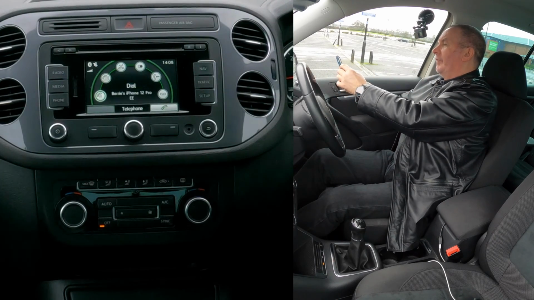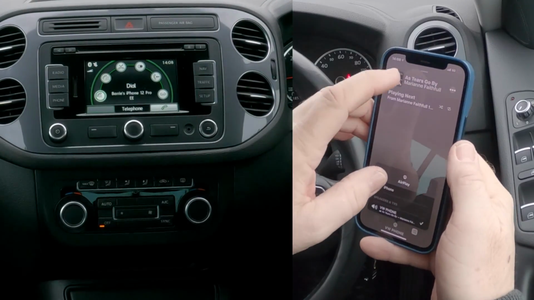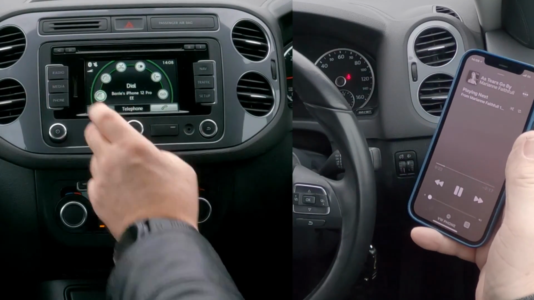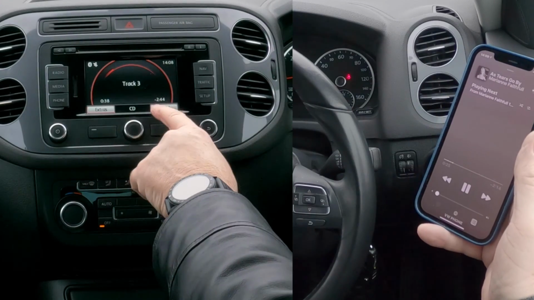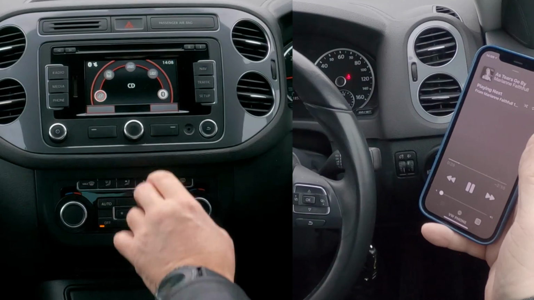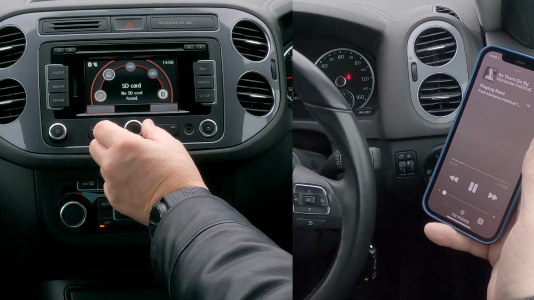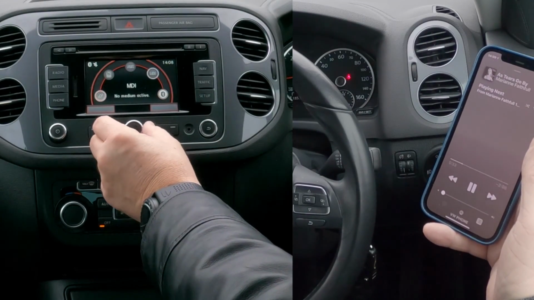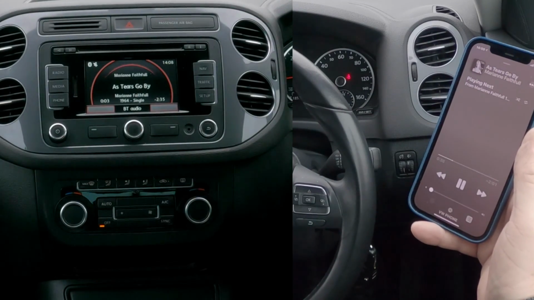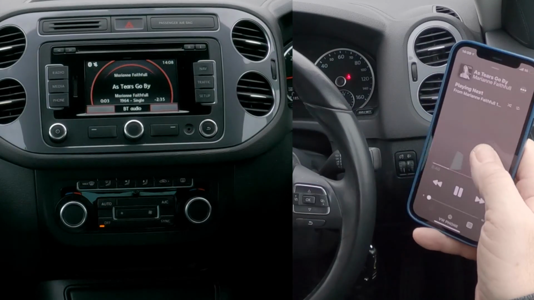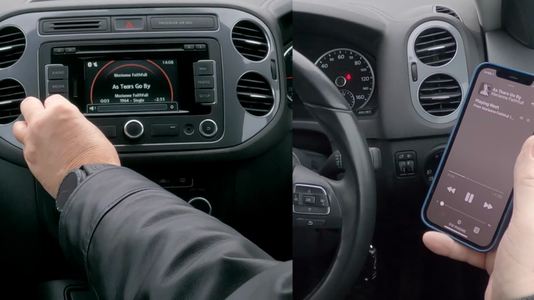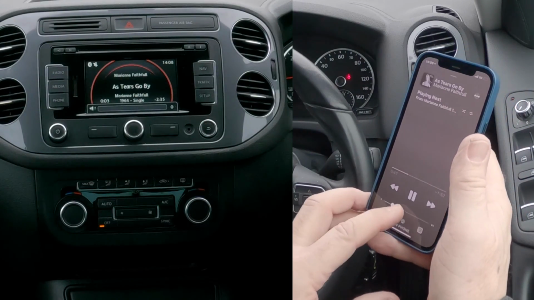So as I say, I've turned this down, we'll go back to the record, over to the system, then we click media. Media, that's on CD at the moment, so if you click media again, it brings up this other menu, and then you go SD card, auxiliary, MDI, Bluetooth. Click on Bluetooth. That's showing the record that's playing on here, and if I turn this up now, if I turn that up and then turn this up,